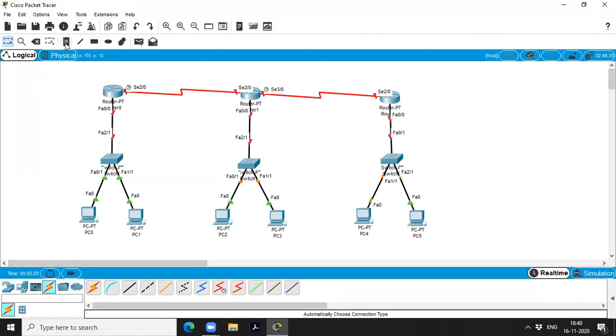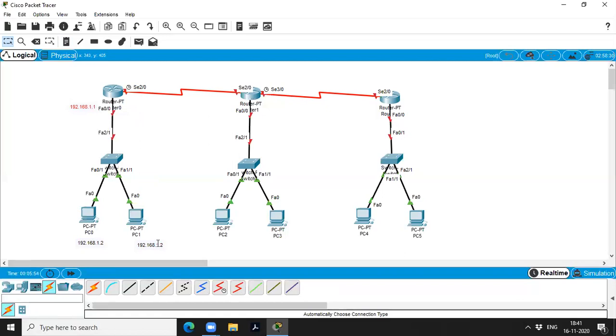For this PC I'm going to give the node 192.168.1.2 network. This belongs to my one network, since this is my router.